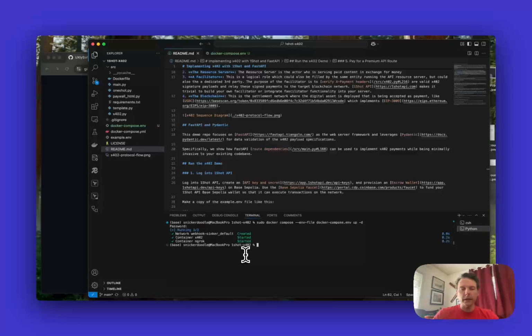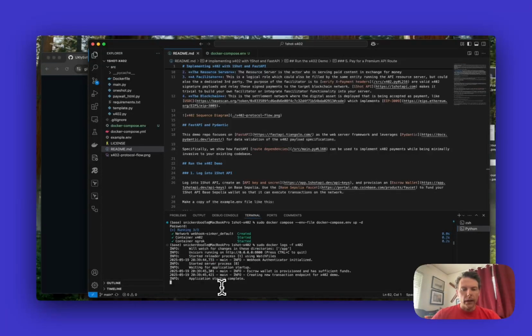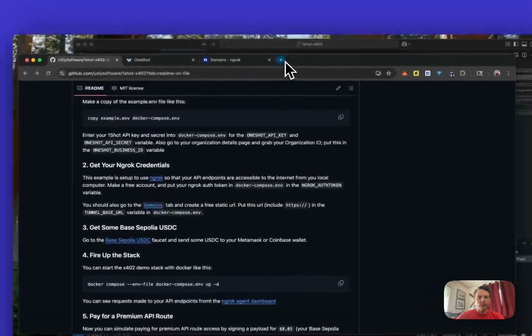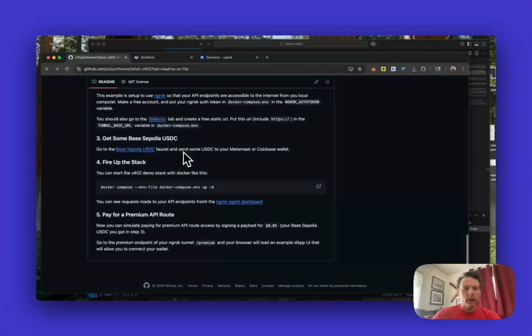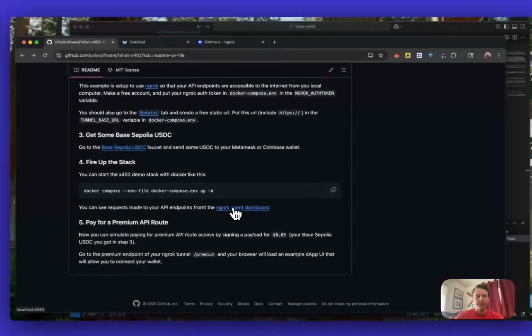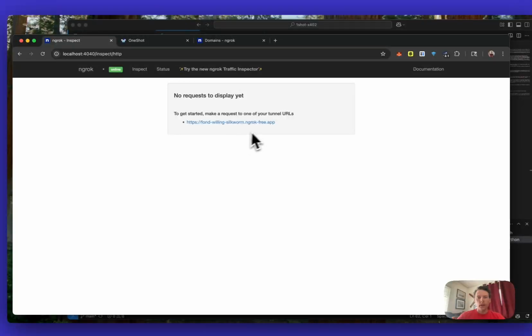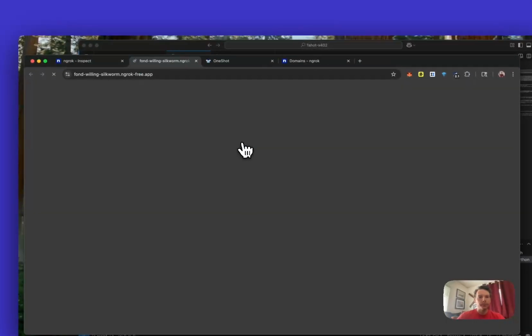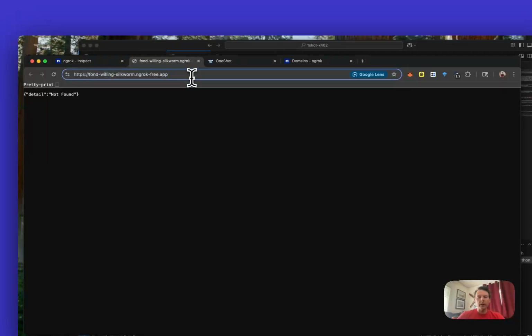So we can see what's happening in our payment server by running sudo docker logs x402. That's the name of our container. And here's our container running. Now we can, in our browser, click on the ngrok agent dashboard. And you can see here's our cloud endpoint that we got from ngrok. If we click this, and then we go to the premium route,